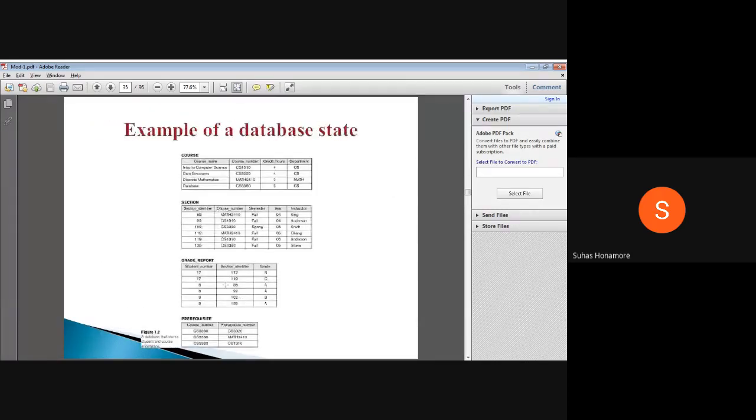For example, here we have four tables, and each table has some rows. Suppose I don't want this last row here. Suppose I delete it after time t. If I delete this one, what will happen? Only three rows will be there. Starting at time t you have four rows in this course table. After time t plus one, I delete this one, so my instance will have one less row here. Whatever values are there, we call that an instance.